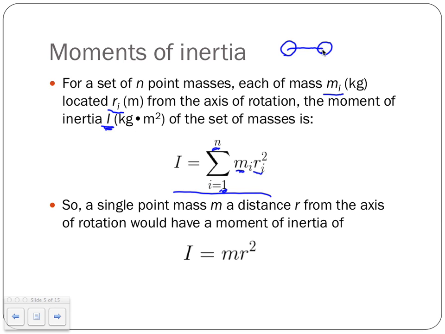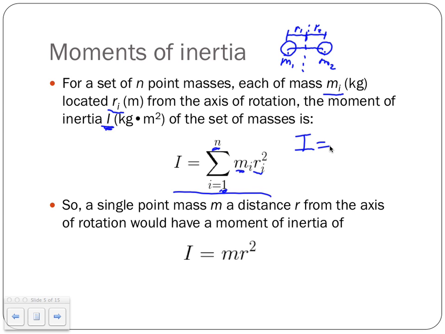And so, if we can treat these two masses as point masses, and we're rotating about, say, this axis right here, then the first m in this summation would be m1 right here. We'll say this one's m2, with radius r1 and r2. And so if we were setting up the summation equation, we'd say, okay, well, the total moment of inertia of that is